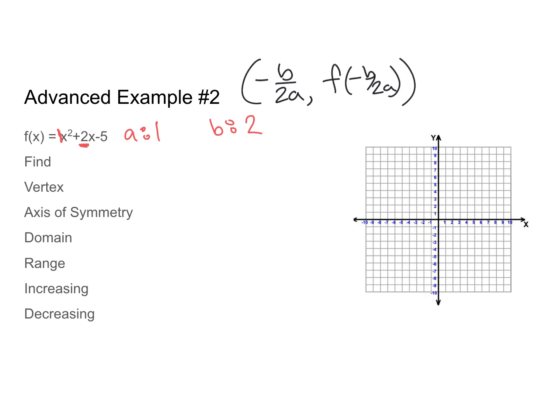And then I'm going to plug my 2 in here, and I'm going to plug my 1 in there, right? And all I'm doing is plugging that in. But I've got to be careful. I don't want to make a mistake. It's easy to make a mistake. So I'm going to have negative 2. Now the negative I'm getting right here from the actual formula itself, over 2 times a. So the b was 2, it went right here, and then the a was 1. And so that becomes